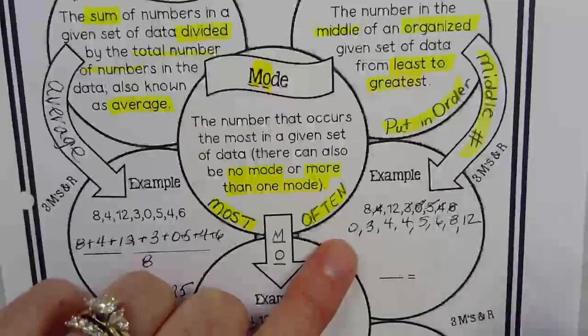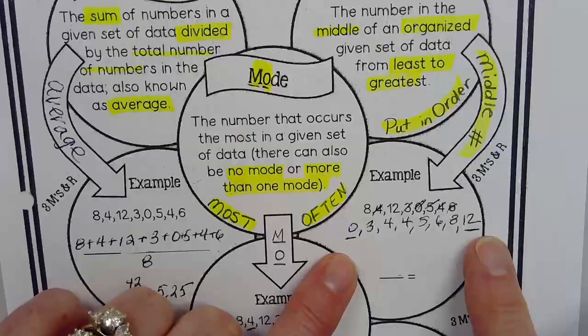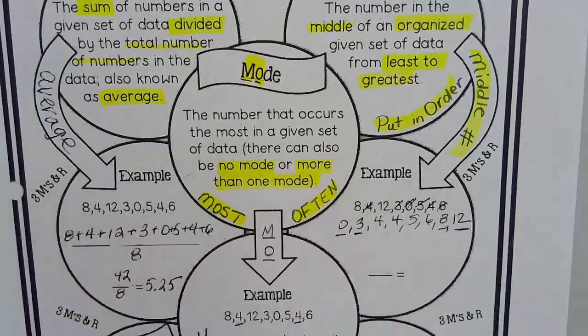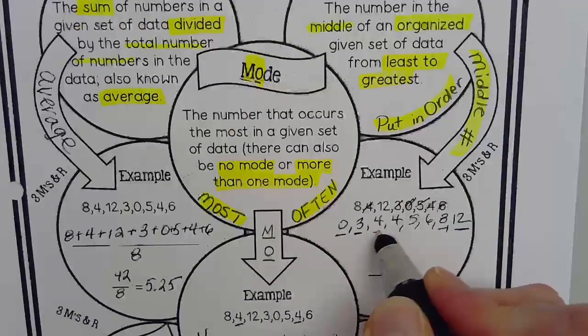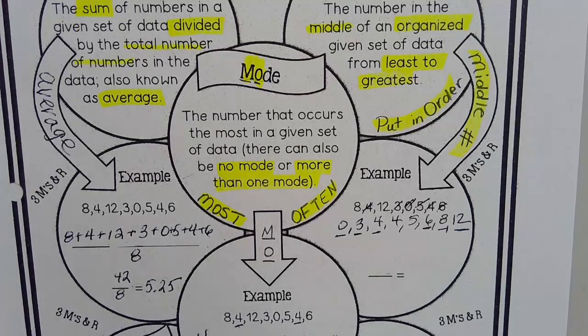Now that we have our list, I suggest that you underline the first number and the last number. Underline going to the middle on the inside. If you do that, then you can use it for other information. So now, how many do I have in the middle? I have 2, but I just need one value. So when we have 2 in the middle, we have to find their